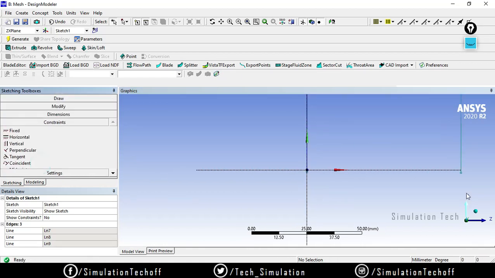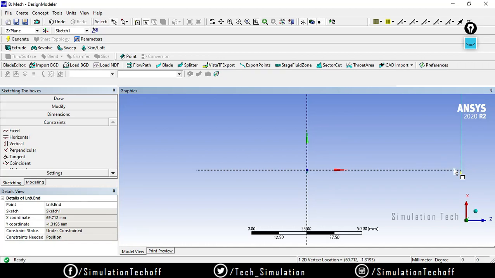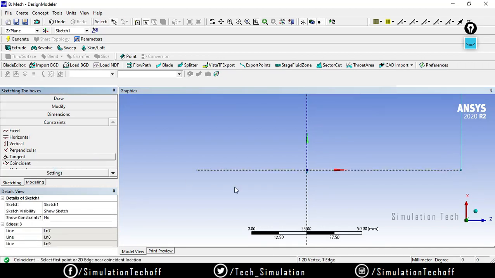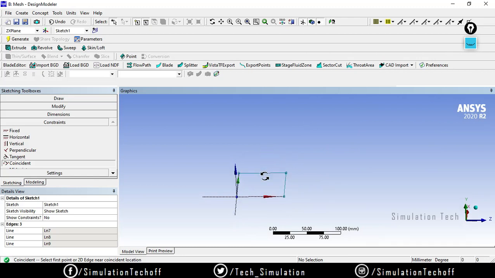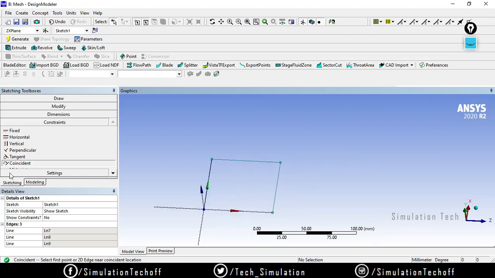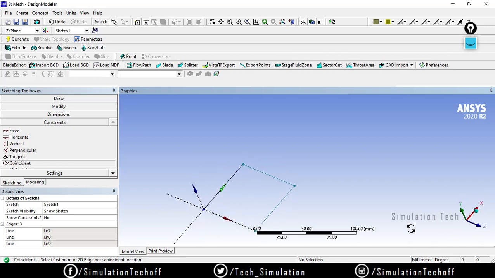Constrain this point, coincide, also this point, coincide. So we have a line segment like this, and it is in XY.